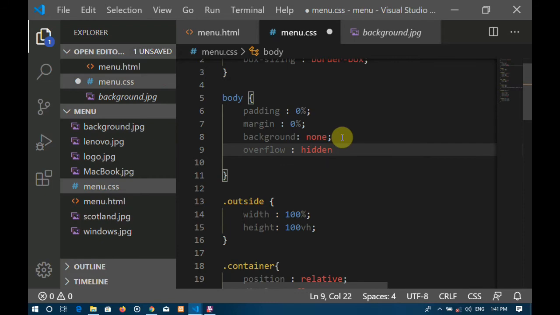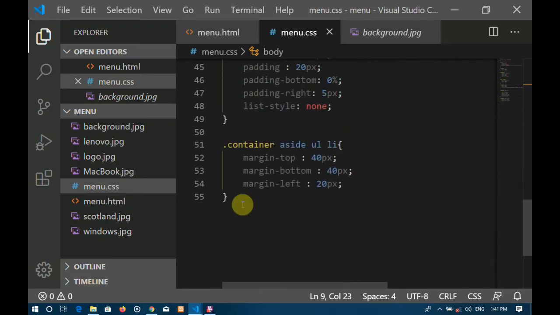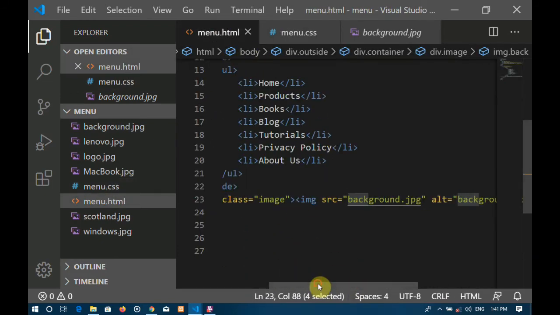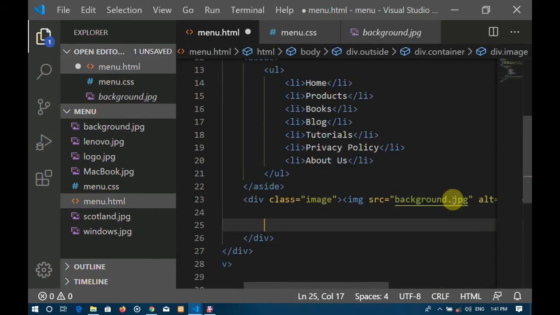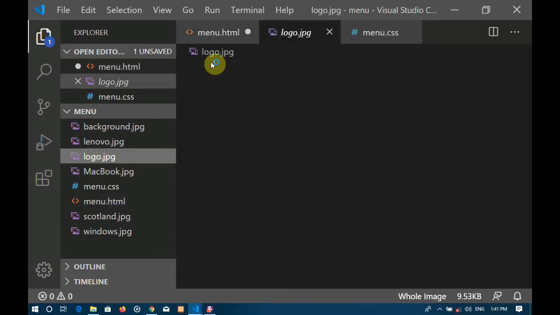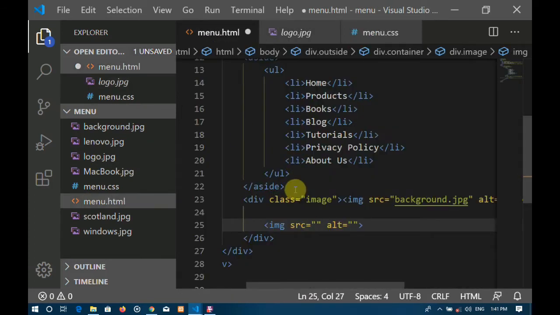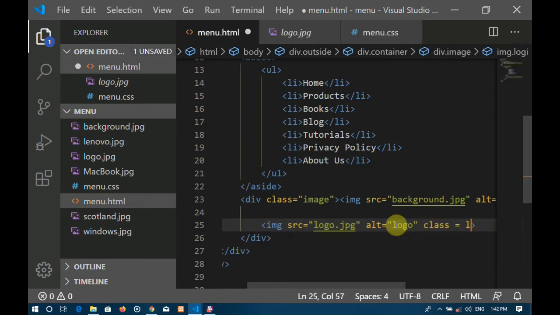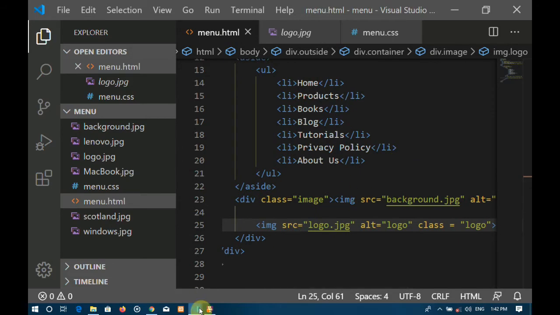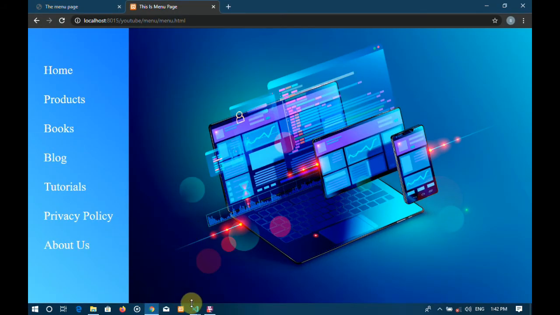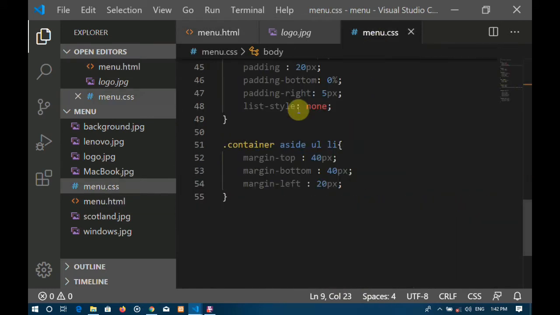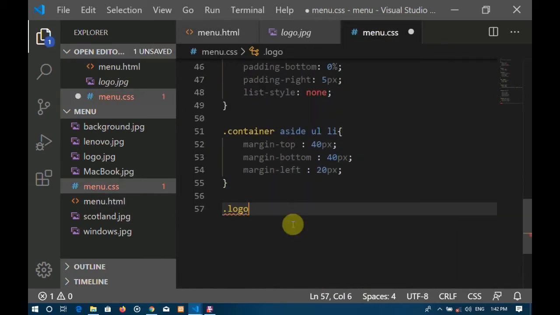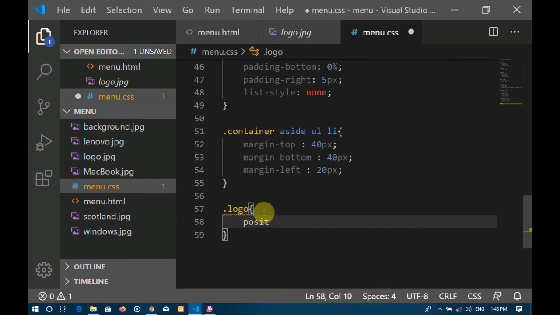Now I'm gonna give an overflow hidden again because that's how I'm gonna proceed further. I don't need to show you how it looks on scrolling anymore. Now I'm just gonna add the logo image, that image which we will be using as a button to open our menu bar. So yeah, logo.jpg is the name of that image, and alternate text is logo, plus class is also logo. Makes it a lot nicer and easier to do stuff. Now I'll just have to add CSS to make it appear on the screen, so I'm gonna add some CSS for the dot logo.